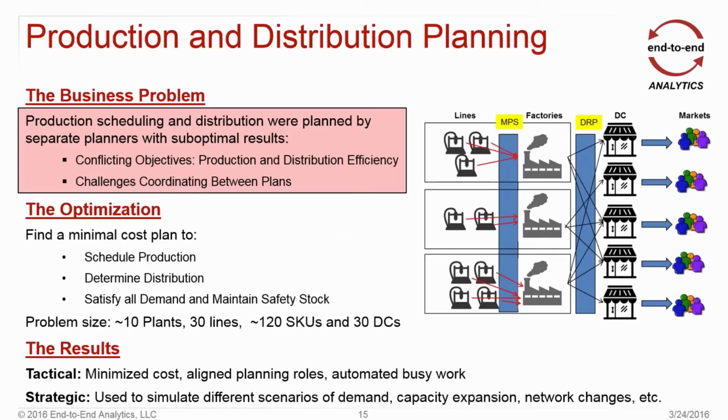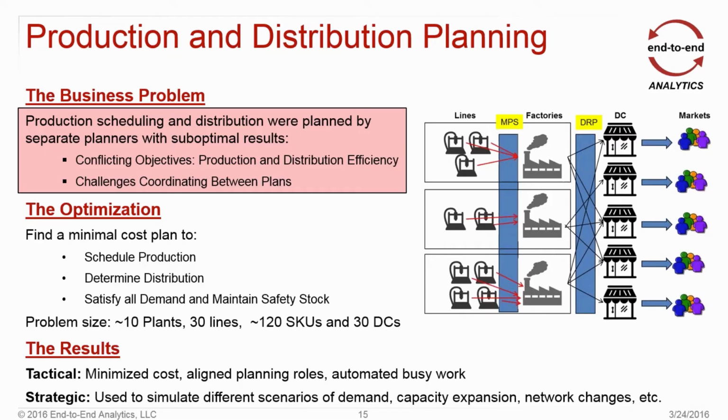The next example we want to talk about is this production and distribution planning problem. Now, it's also a very complex problem. I don't have the exact number of solutions that you would find here, but there are many, many. So everything that we just said about that is true. But unlike the past problem where they threw their hands up in the air, this is a problem which is currently being worked on by 2 planners. The problem is to, 1, figure out what distribution looks like from the factories to the DCs, and then figure out a production schedule to support that distribution. So it's done sequentially by 2 different people, one focusing on distribution, one focusing on production.